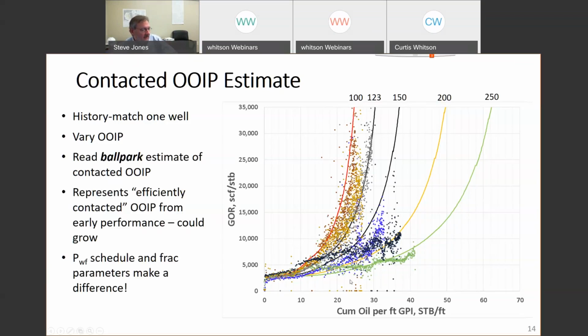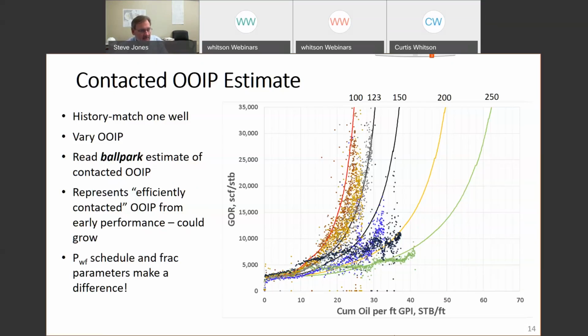So by doing this kind of thing, if you have similar PVT, similar bottom hole flowing pressure schedules, you can actually read a ballpark estimate of the contacted oil in place. And what this is showing you, especially in early time, is the amount of oil that you're efficiently contacting. If you have some very long fracs that are contributing a small amount initially, but a growing amount over time,